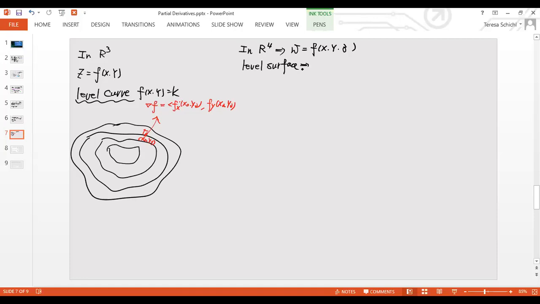So the level surface means F(x, y, z) is equal to a constant. Okay, so this will be a surface in R3, right? So we drop back to R3, we can visualize it. Now if I let C be any curve